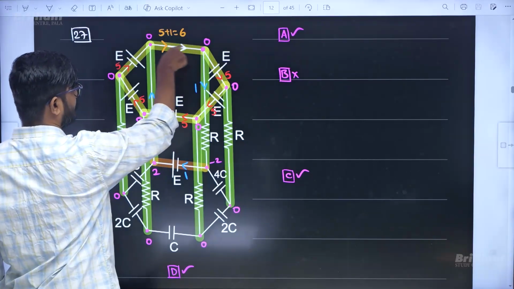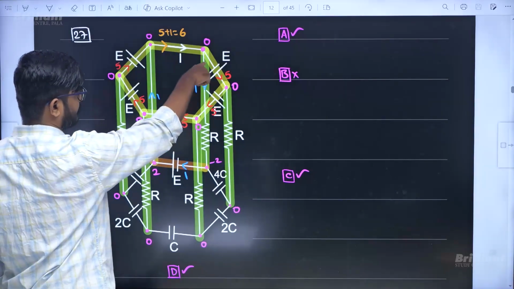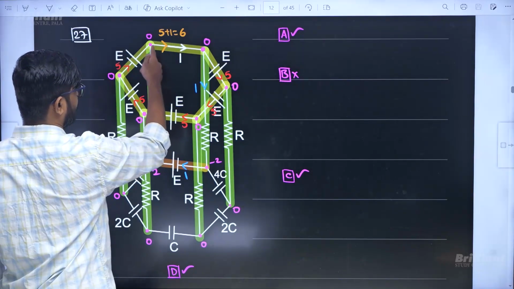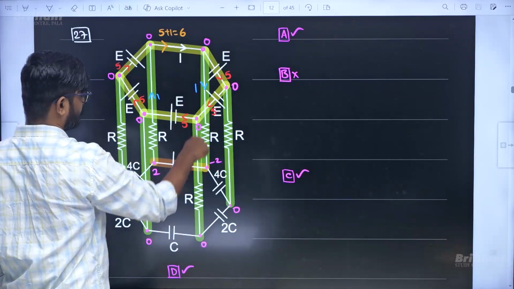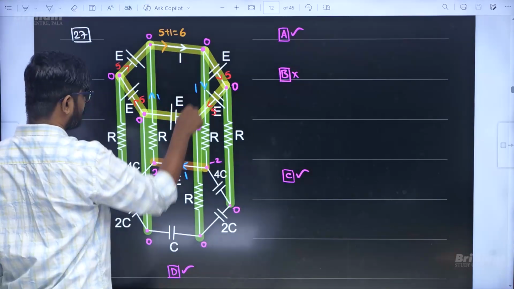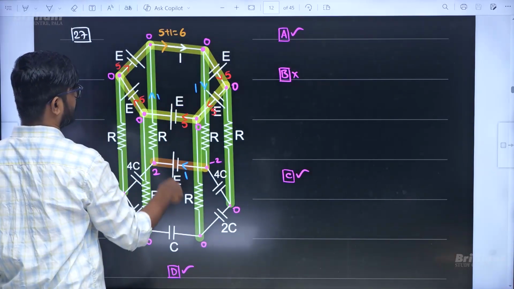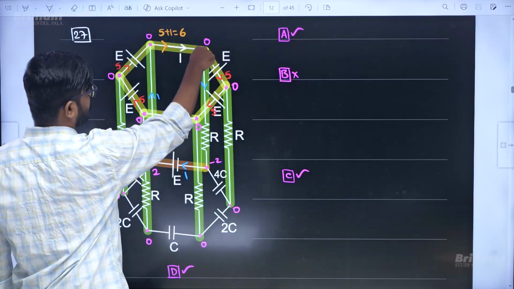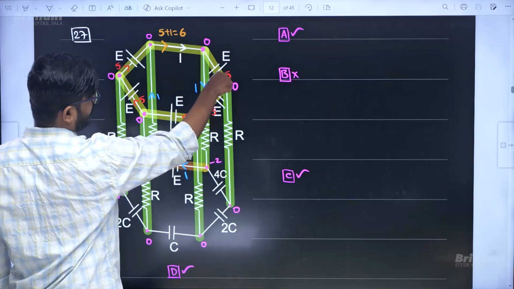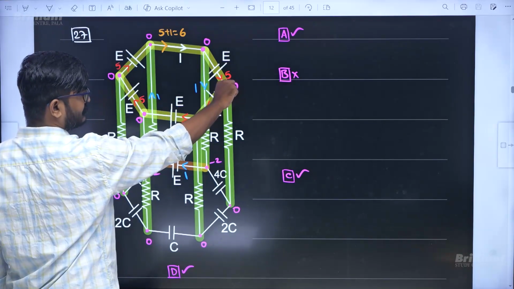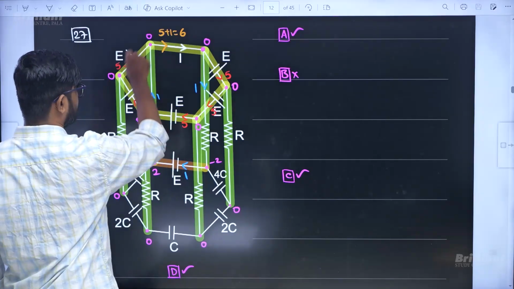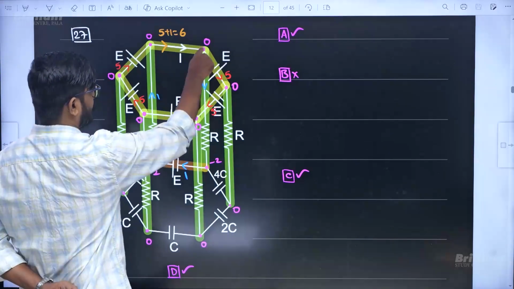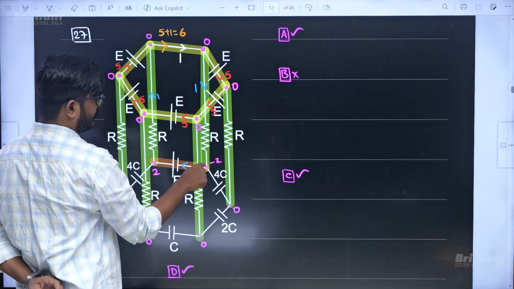You don't get any loop equation here because there is no resistance. So this current is going to be 5 ampere. Similarly, if you write the loop equation here, you will be getting this current is 1 ampere. Then if I take this potential as 0, then plus E minus IR will turn out to be again 0. Similarly, if you apply I into R here, this potential is going to be minus 2, again